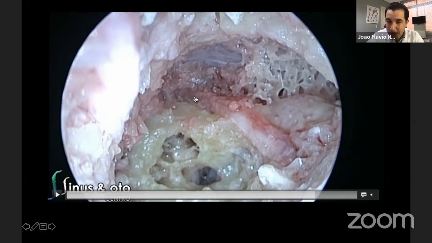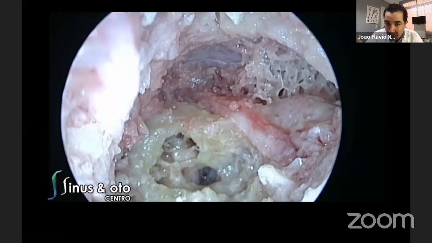cochleariform process is here, geniculate ganglion is here, greater petrosal superficial nerve is going to be in this position. This is the area of the supratubal recess. The area of the cog is going to be in this position here. Middle fossa, dura mater here, dura mater. Protympanum, hypotympanum. As you can see, it's a whole 360-degree anatomy through the ear